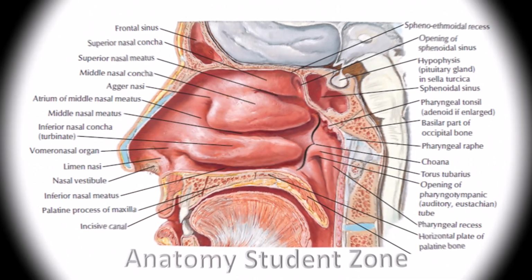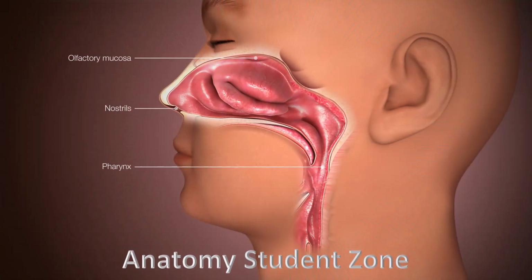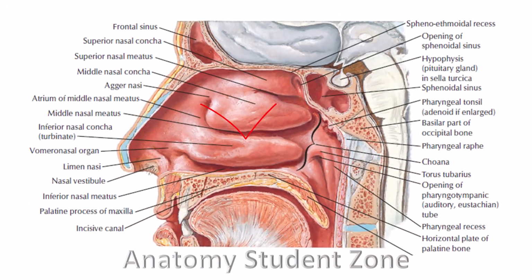Today, I will explore the anatomy of the nasal cavity, which is not just a passage for air, but a complex, multifunctional system that plays a key role in how we breathe, smell, and even filter out bad stuff. All these activities are functions of the nasal cavity. It starts as the air enters our nostrils, and it keeps on functioning as this air travels through the twists and the turns of our nose. And what these twists and turns are, you know very well. These are the turbinates, and I will explain what turbinates are in the lateral wall of the nose.